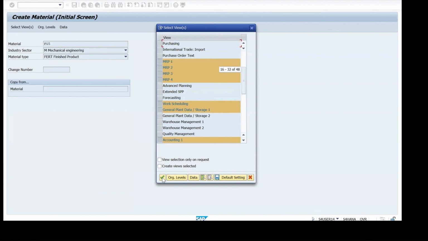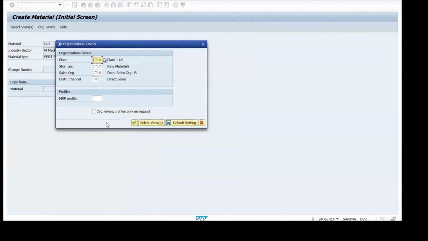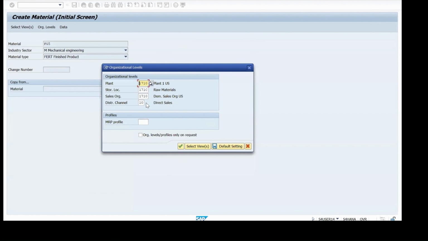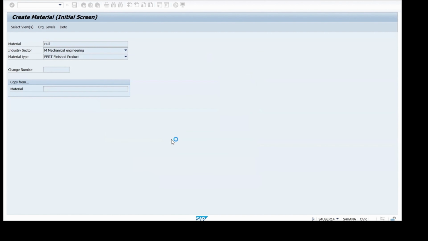And continue. If I press continue, the system will prompt you in which organization level, in which plant you want to create this material, at which storage location, at which sales organization, distribution channel. These are the best practices plant and organizational structure. 1710 plant, 171C storage location, or you can enter 171A also. That is also good enough. And 1710